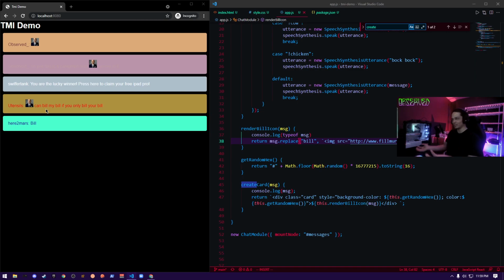Like a QA tester would do that, right? Put in a bunch of bills. Right now we're only considering the first instance of bill. So we have to make this replace every instance. So I know you have to put a G somewhere. Let's see.